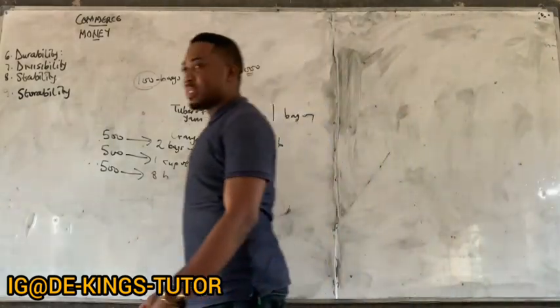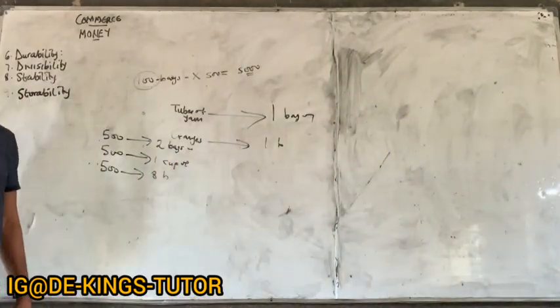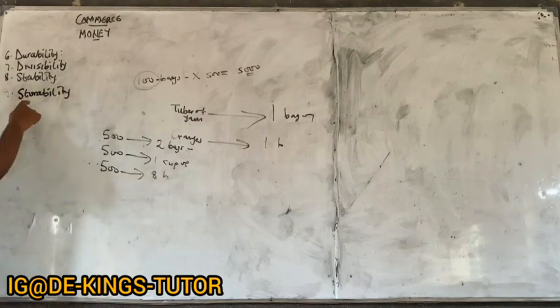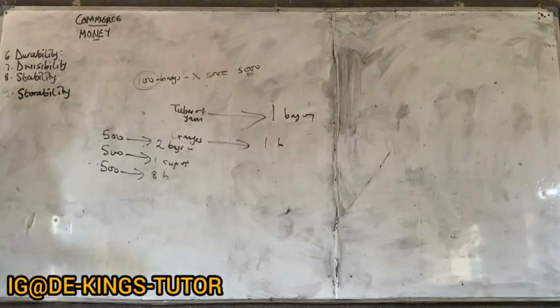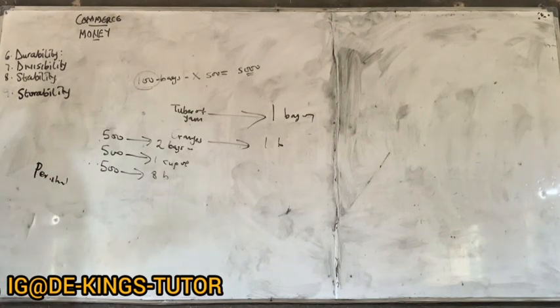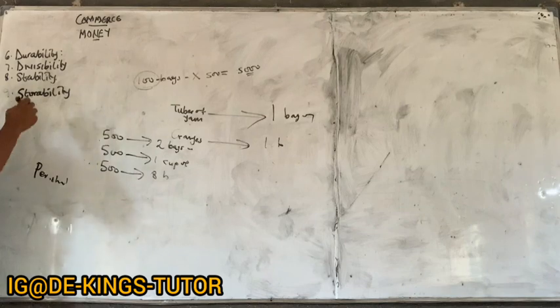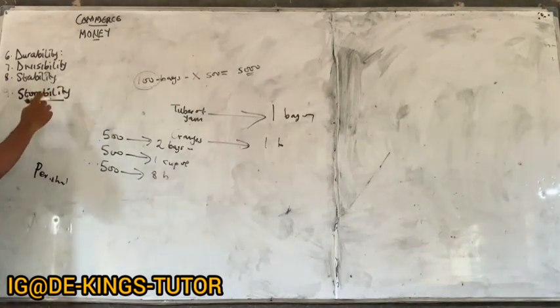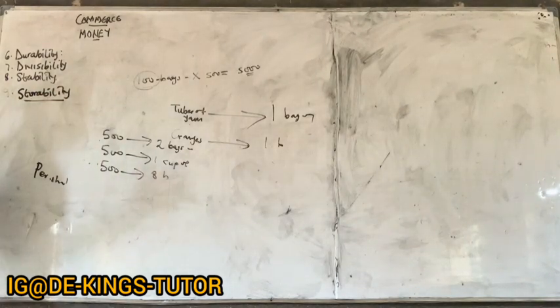Now let me explain this. Remember one of the problems we had with sugar and butter. We said they are perishable, so we can't store them for a long time because they will get spoiled, right? But whatever should serve as money should be such that it can be stored for a long time and will retain its value. Now, this question always comes out in objective, both JAMB and WAEC.